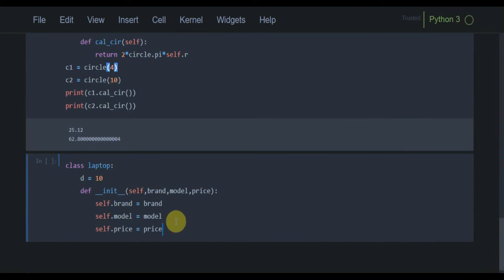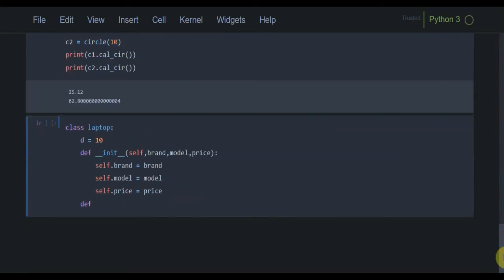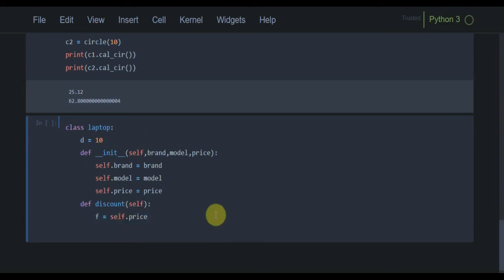Alright, this is cleared, and now I have to use the discount function. It is a bit different from the previous discount function we created, so I'm naming it just discount, with just one argument, which is self. To access the price, I am assigning it into F, which we are doing again, and then F should be multiplied with